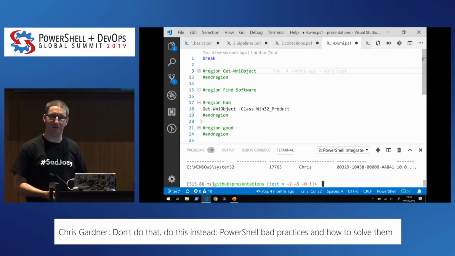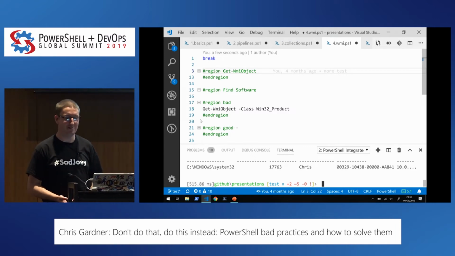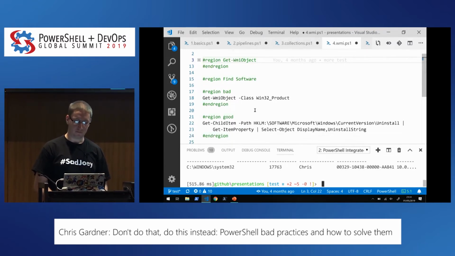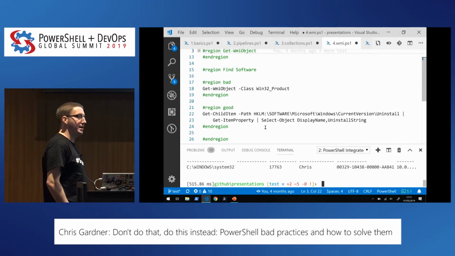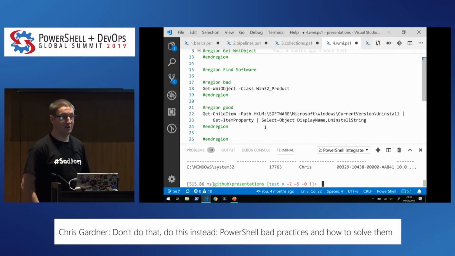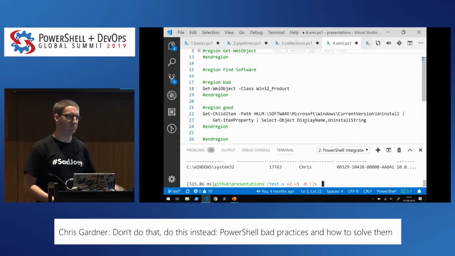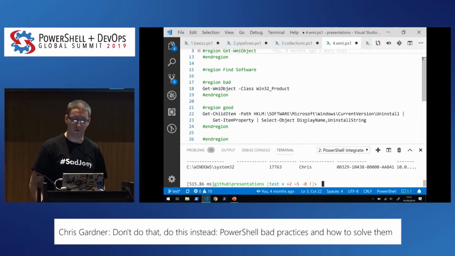I'm not running this too often. It takes a while if I've got lots of stuff, but if I'm just going to randomly break software on my machine, or remote machines, or servers that I can't get to, probably want to avoid that. Instead, we've got the registry. It's got all of that stuff in there. Also usefully, it's got uninstall strings, so you can just uninstall the crap you don't want. You also have to check Wow6432Node as well for both 32-bit and 64-bit, but